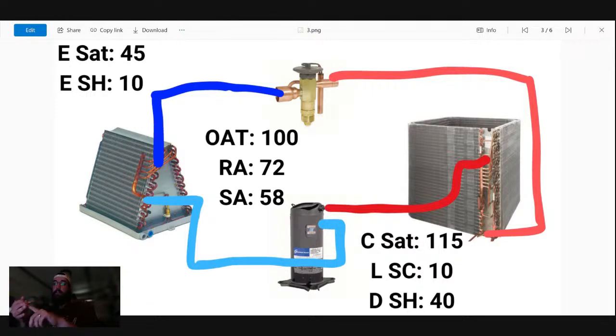Whether it be a P-trap or a drainage issue or a crack in the drain pan, or if you've got a system where the duct wasn't sized very well and you end up having really high velocity because maybe it's a little too small, then that airstream at a high fan speed